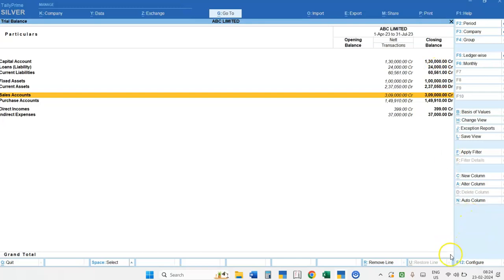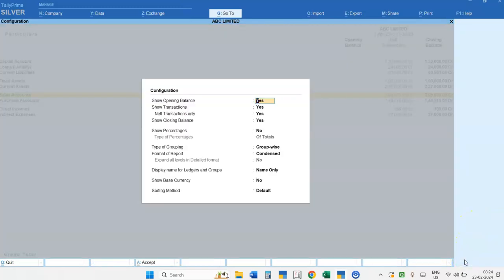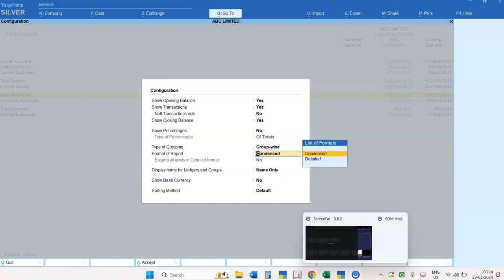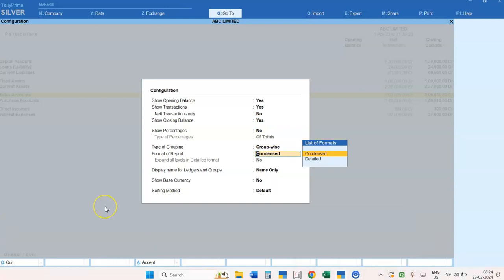Suppose you want the detailed trial balance, or you want to expand all levels of the detail format, then what you have to do is go to the Format of Report option. Here in the Format of Report, you have to select the Detailed option, and here you will find Expand All Levels in Detail Format.